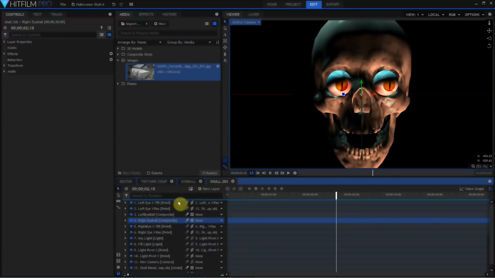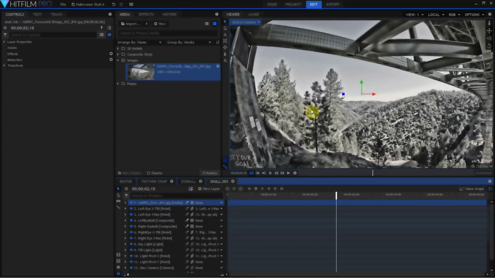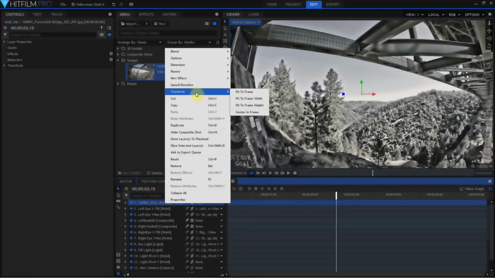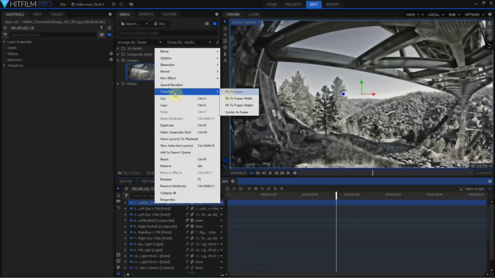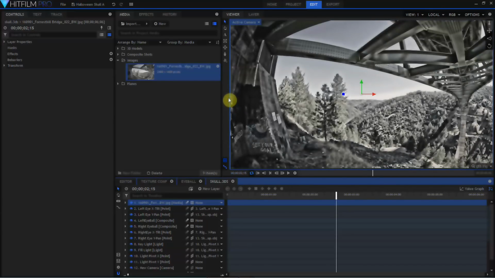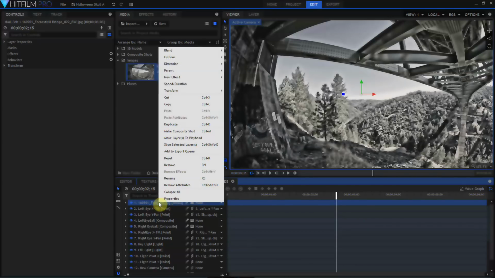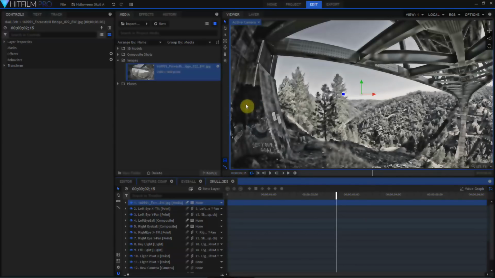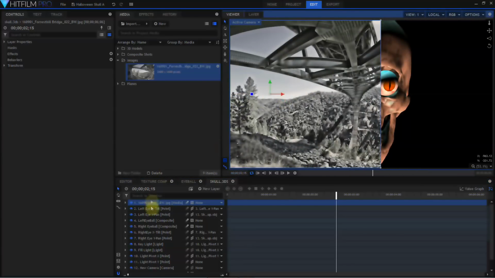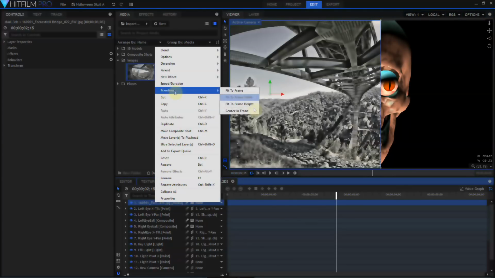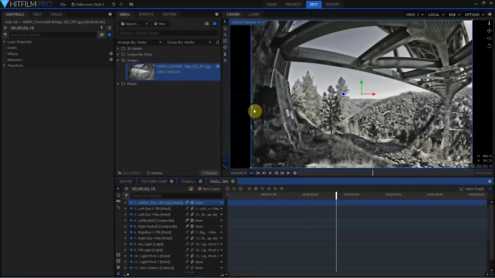So what do? Well, I'll drag in this photo quickly. This photo is not the same size or the same aspect ratio as our current composite shot timeline. And by right-clicking and using this transform menu, I can very quickly scale this to fill the frame completely without preserving its original aspect ratio, or I can change this to fit to the frame width, or the frame height. And of course, to quickly recenter this in the frame.